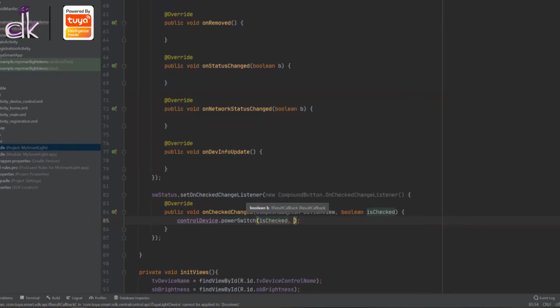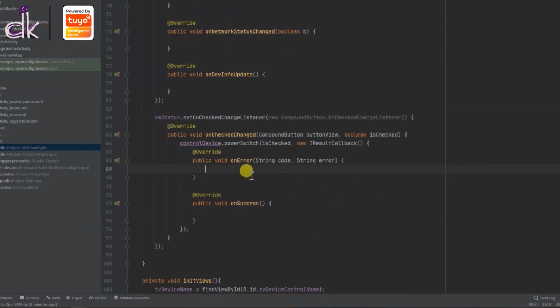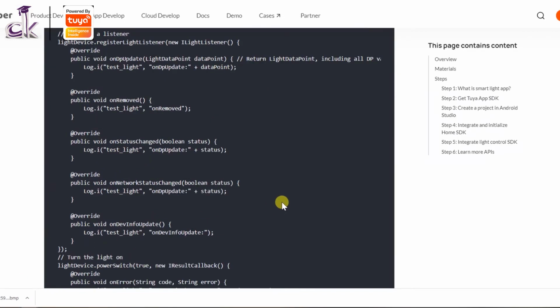So do you want to set it to on or off? And we are just going to use is checked. So based on the check status, you can do that, and then you have to pass in a result callback. So I'll just call in new IResultCallback, and in the success, you could either say okay, light switch successful or something like that. But you can do any of that.